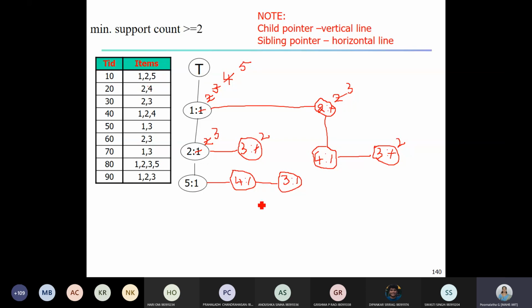Please note, again I'm repeating, I cannot connect this 3 here. Suppose you had written 2 here initially, and you don't have any space to insert 3, then you can write one more diagram, 1 with count 5, then 2 with 3, update all the counts, and then insert this 3 here. So it's up to you how you manage. Either you can write one single diagram or you can also give multiple diagrams, but all the steps should be visible to us.